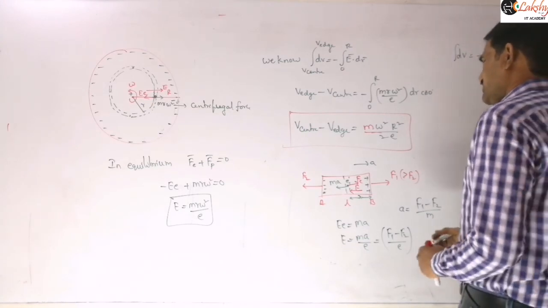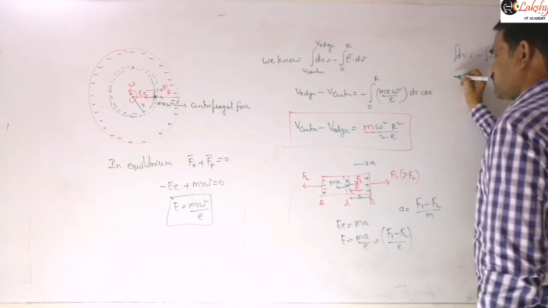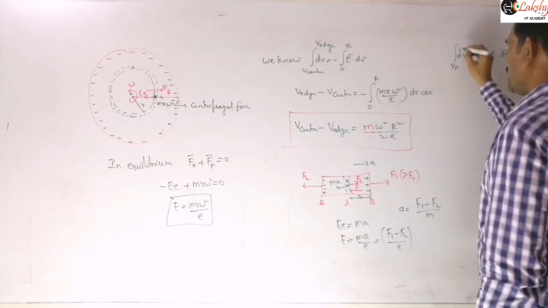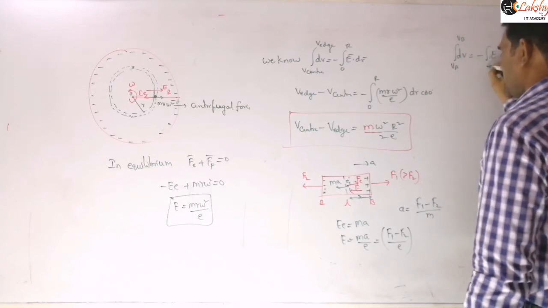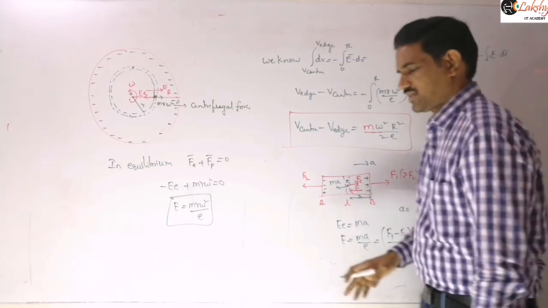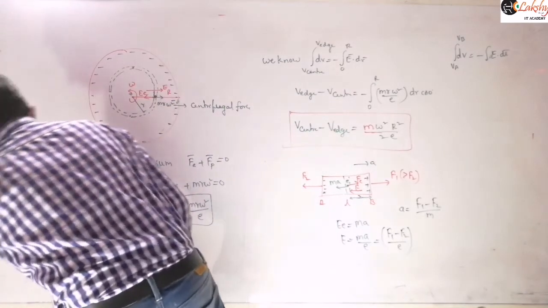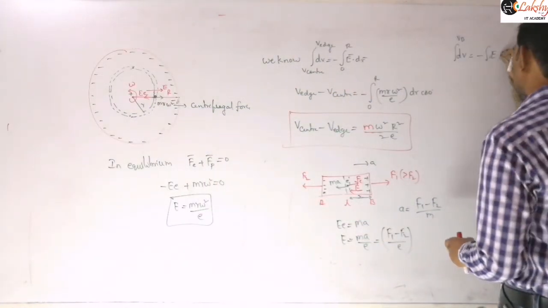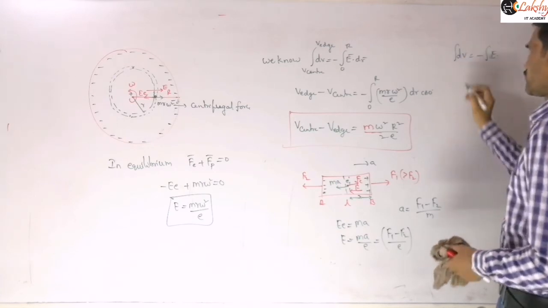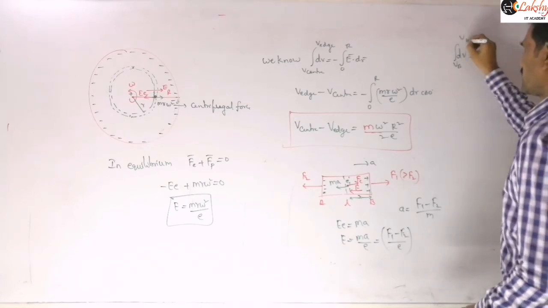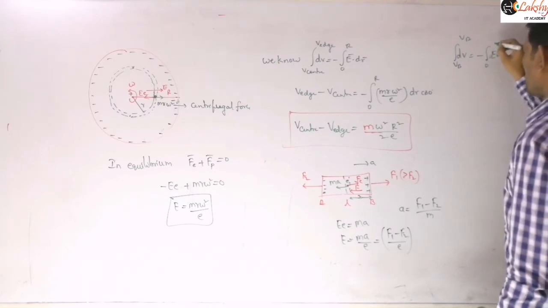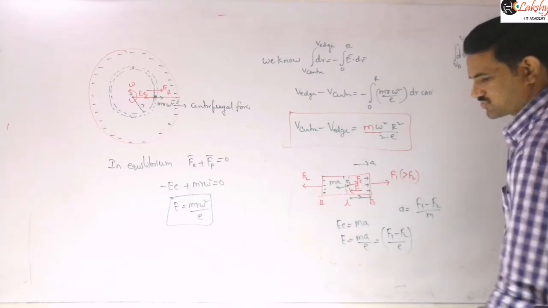Now we can write these values, if you are taking VA and VB, sorry, you need to take limits from B to A, because the x value I am taking from this end. So this is VB and VA I am taking here. Then this is the integral of E dx, and this x varies from 0 to L. Like that you need to take that.